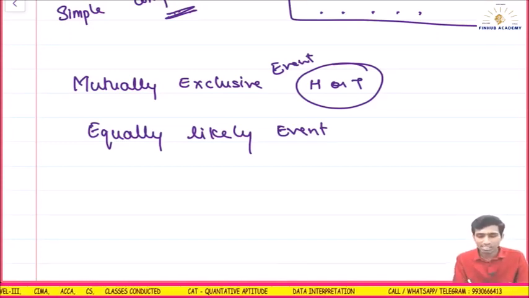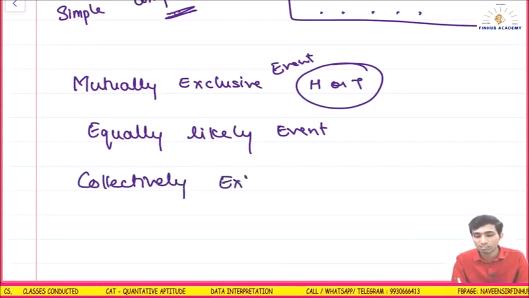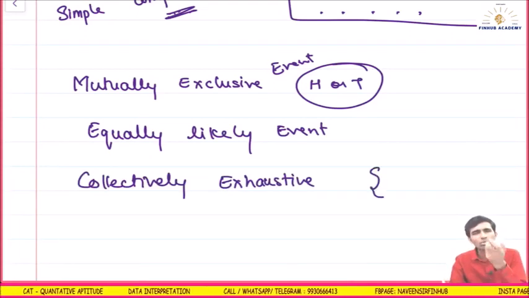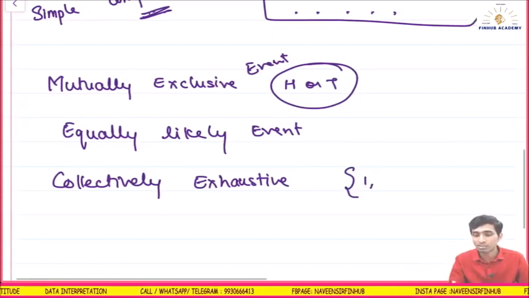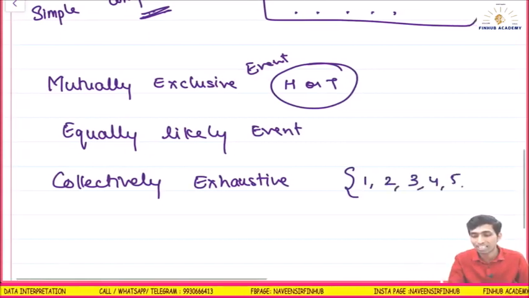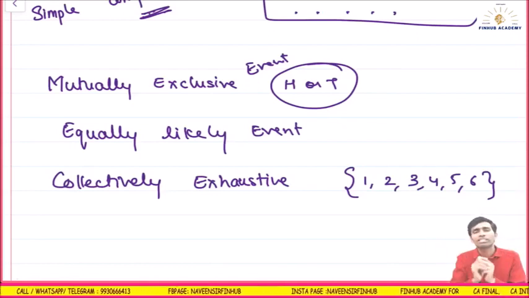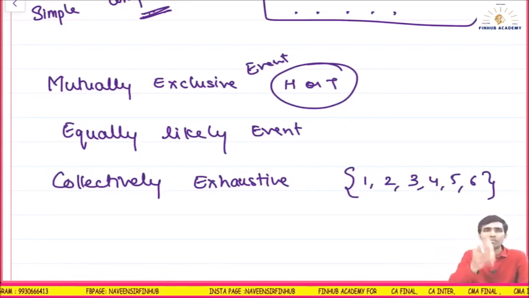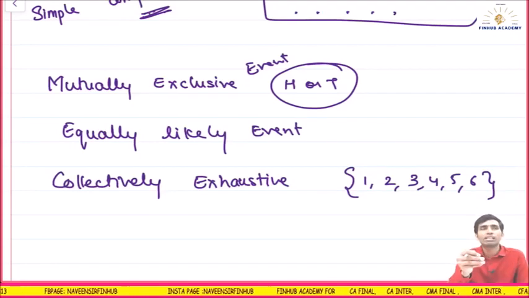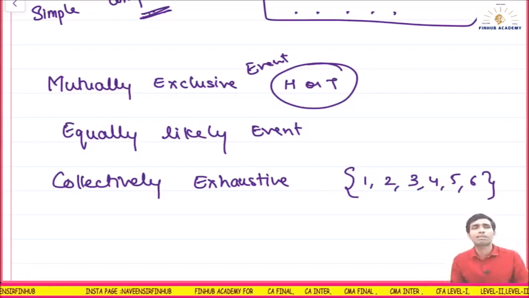Collectively exhaustive means collectively exhaustive. Whenever these words come up, people get confused. Collectively exhaustive means whatever the sample space is, and whatever the outcomes given are, if those events, let's say the chance of coming 1, 2, 3, 4, 5, 6, all these events collectively are exhaustive. Exhaustive means other than this nothing will come when you throw a dice. When you throw a dice, either it will be 1, 2, and so on, and 1 is an event. So collectively exhaustive events: exhaustive means everything that should be there in the sample space has come.